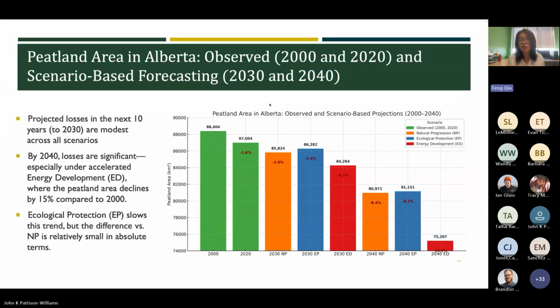In the short term, peatland loss is not linear. It's much faster than linear. The first 10 years and the next 10 years are not just the first year times 2, but much more. I guess that's consistent with the